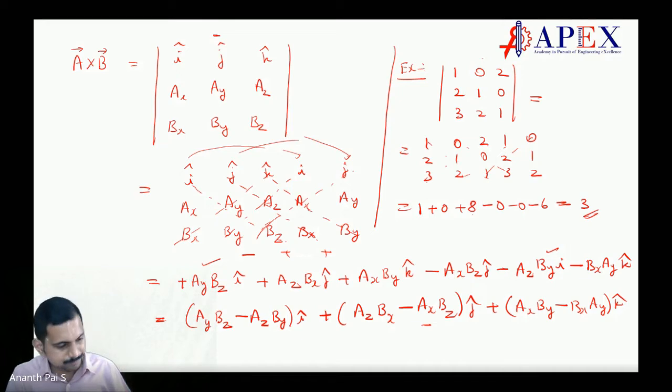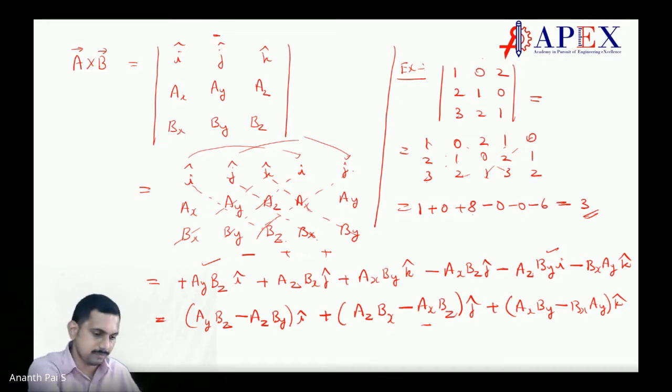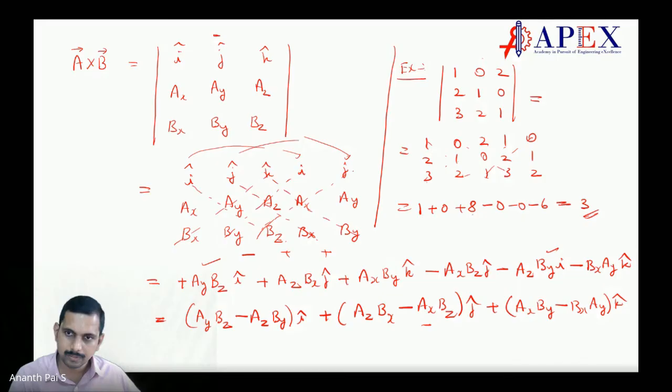Make sense? This can be used even here. This holds for any order determinant. It will help in higher orders also, but you have to take more terms like that. If you have a 4 by 4, then you have to take the first three. If it's five, first four, like that.